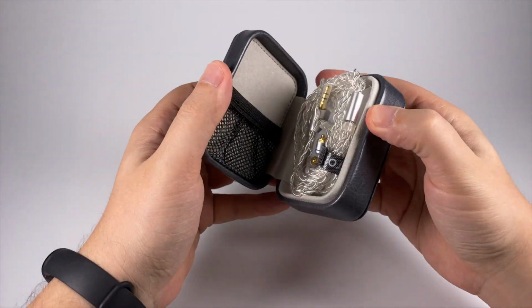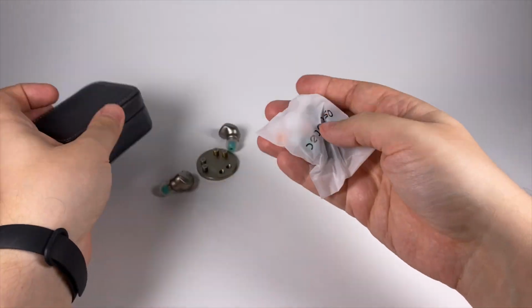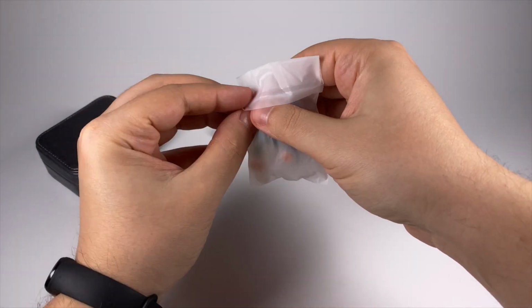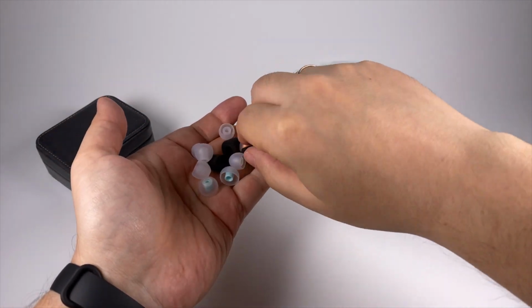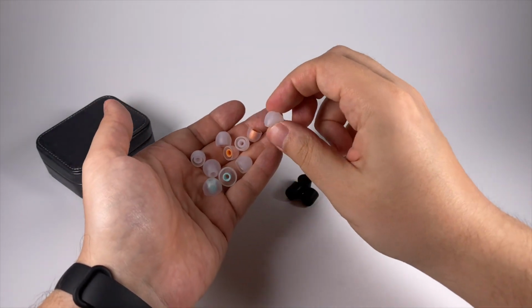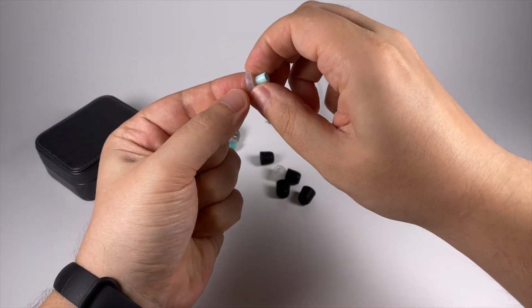And here, of course, stock cable and an extra set of tips. So let's see what we are getting in terms of tips. So cleaning tool, 2 pair of foams, 3 pair of regular white silicone tips, and 3 pair of